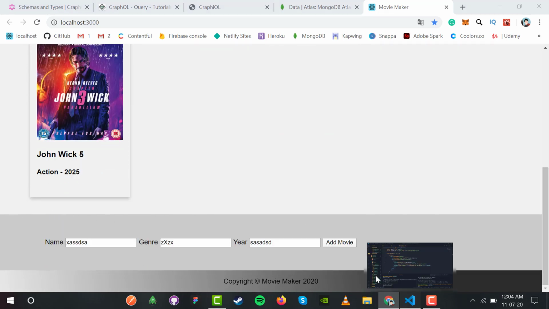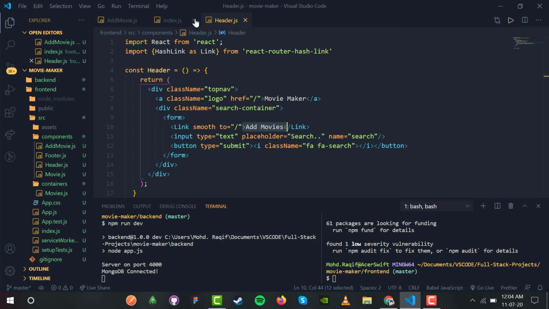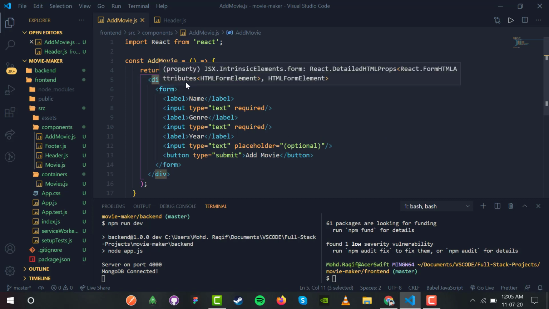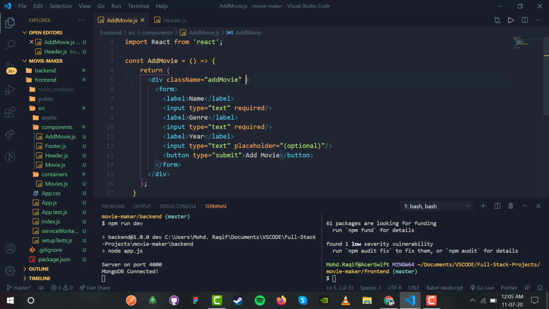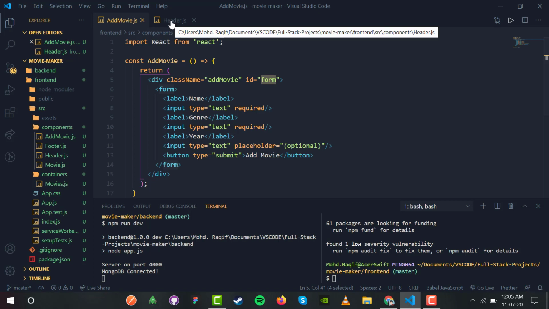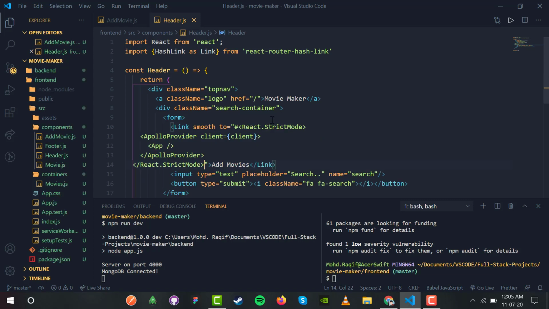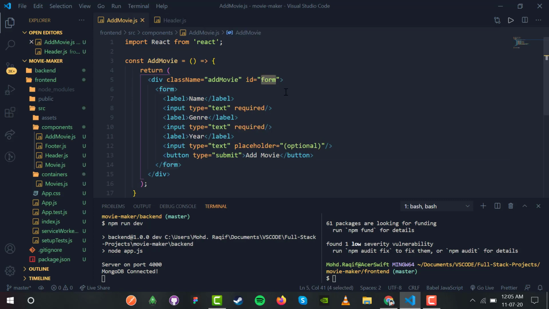Okay, so inside index.js, we have movies.js add movies. So we have this div over here which we point to. Okay, so let us give this div an ID of something like form, because this is the form div. Okay, inside the header, so we are going to assign to. Okay, so we are going to assign this div to this anchor tag. Sorry, not copy paste here. We are going to paste this ID inside the anchor tag.